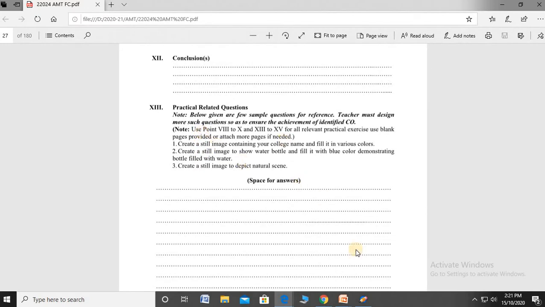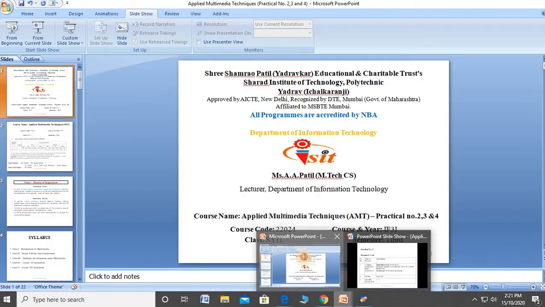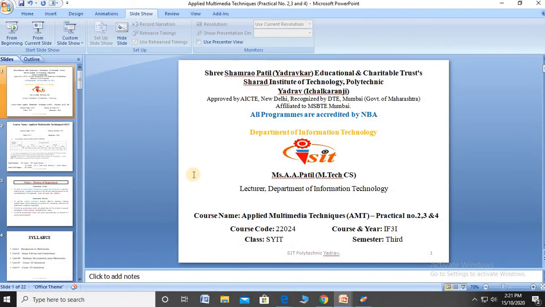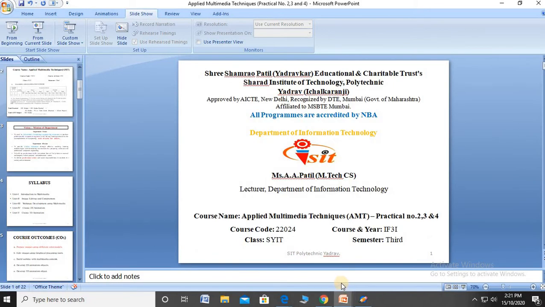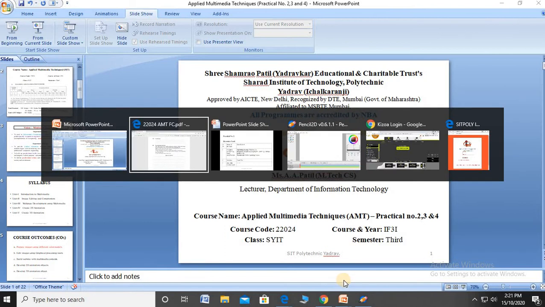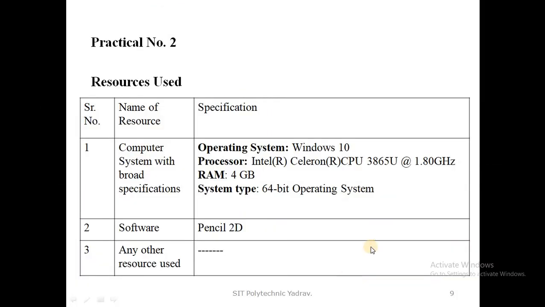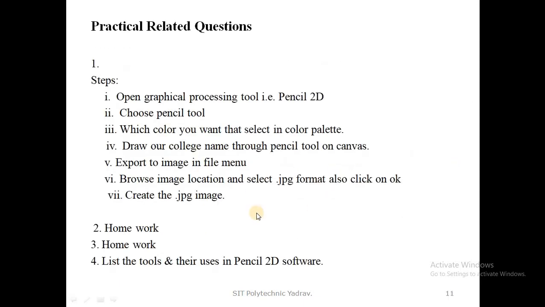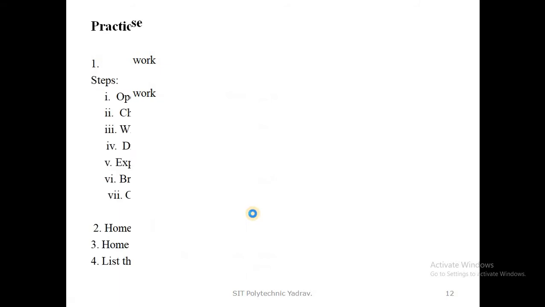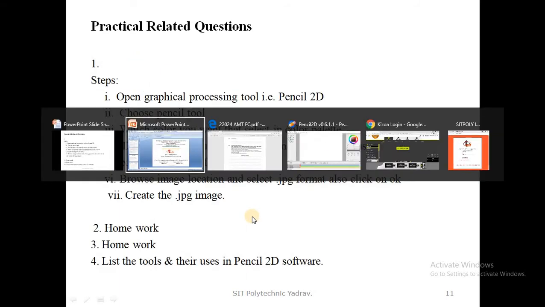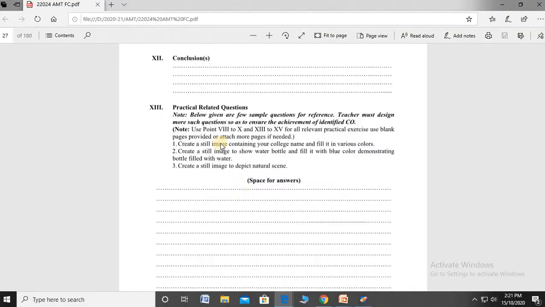In practical number 2, there is a table of practical related questions.